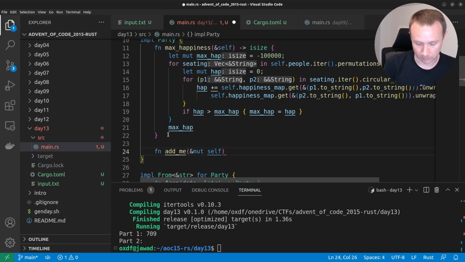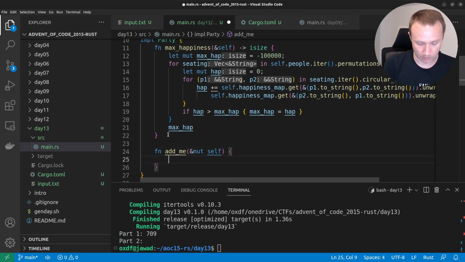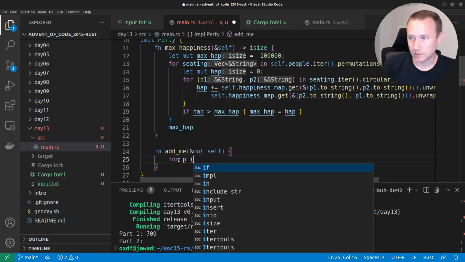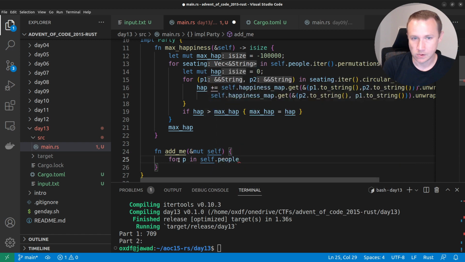And that's not going to return anything. And we're going to say, there's a couple. So we'll do this two ways, I think. First thing we need to do is we'll say add me, and we'll actually go ahead and do this robustly. So we'll say for p in self.people